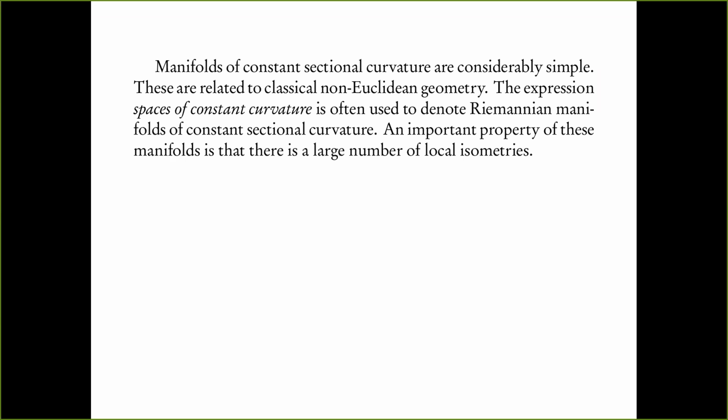There's one important property: locally they are basically isometric. There is a large number of local isometries, meaning if I give you two points P and Q in a manifold like this, you can find suitable neighborhoods U and V around P and Q such that U is isometric to V. This is a lemma that is proved in Lee. It's not a hard lemma to prove, simply because of the sectional curvature restrictions. You can choose coordinates and apply transformations to show that given two points, there are neighborhoods U of P and V of Q so that U is isometric to V. So there are a lot of local isometries.